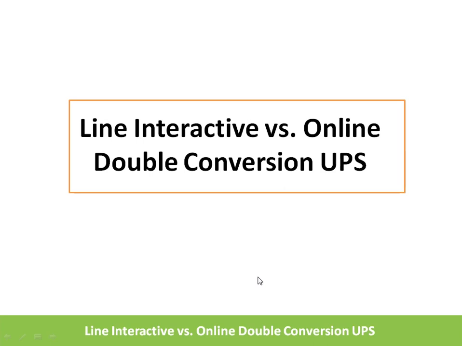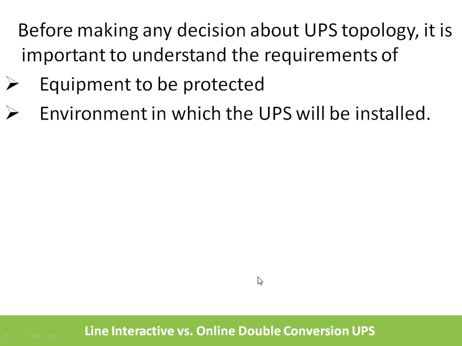Whenever we are purchasing a UPS for a specific application, we are interested in the cost of the UPS, the size of the UPS, who the manufacturer is, what the battery bank voltage is, etc. And we give less preference to UPS topology. But it is also one of the important criteria to consider while selecting a UPS for your application. In this video I am discussing these two important topologies that are used in UPS systems.